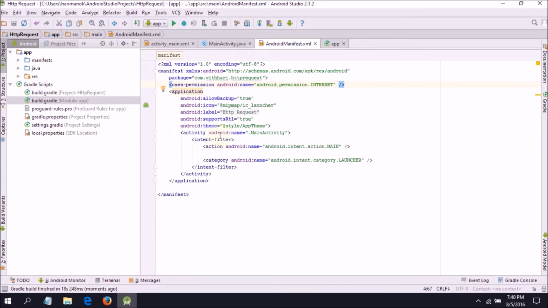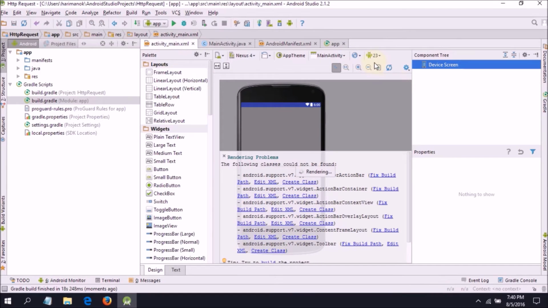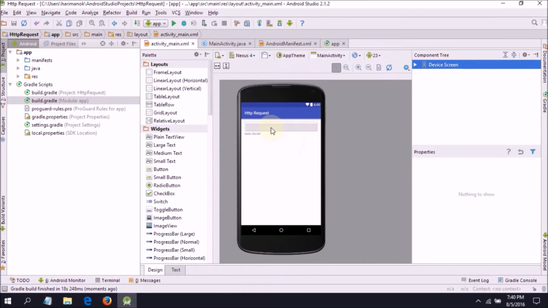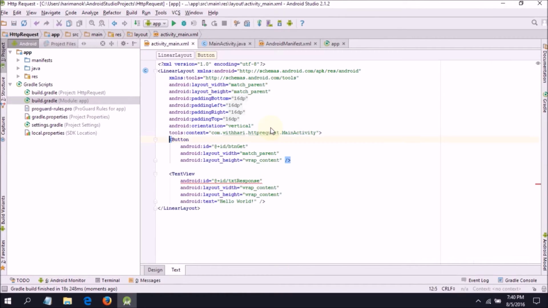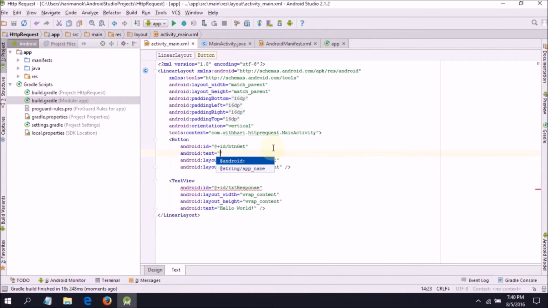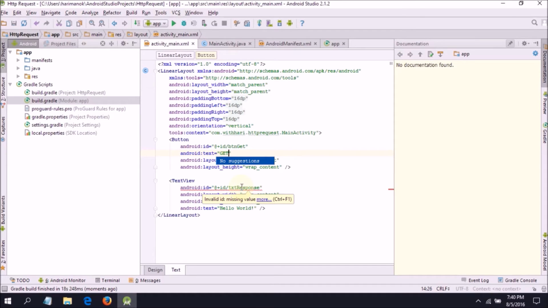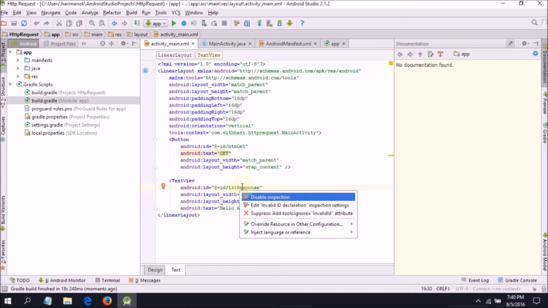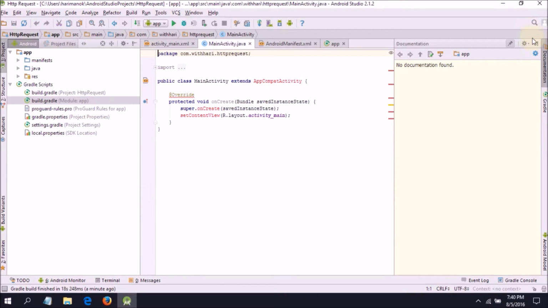Okay, the build has completed. Now let's see if it still has the problem. Let's refresh this. Okay, and you can see we have the button. Now just press Ctrl+B and I'll add a text here. I'll name it GET. Okay, everything looks good. Now what we will do is initialize the button and the text in our MainActivity.java